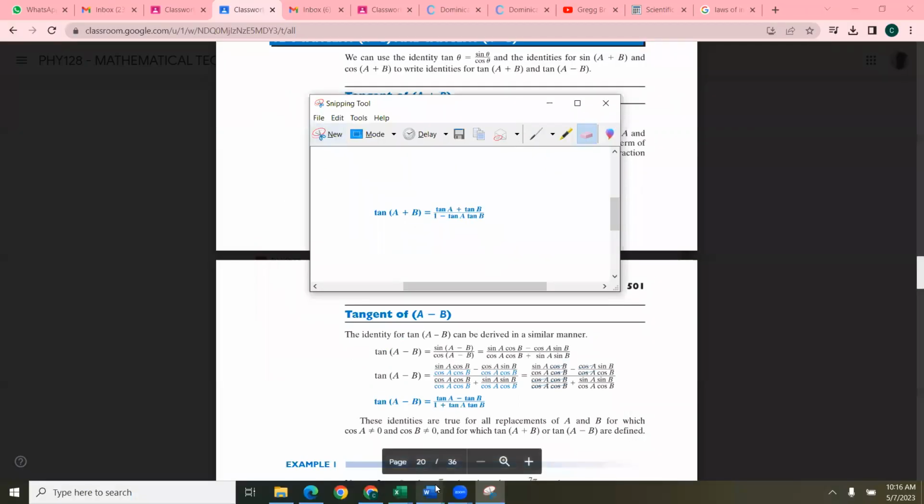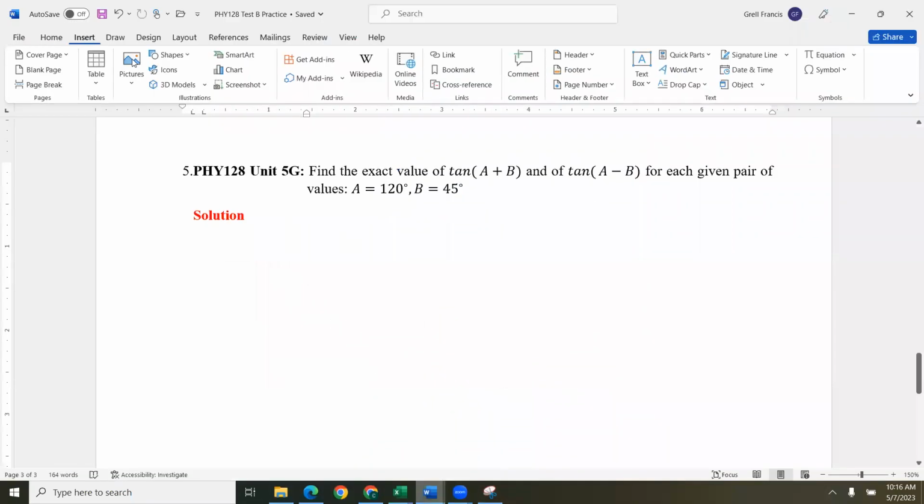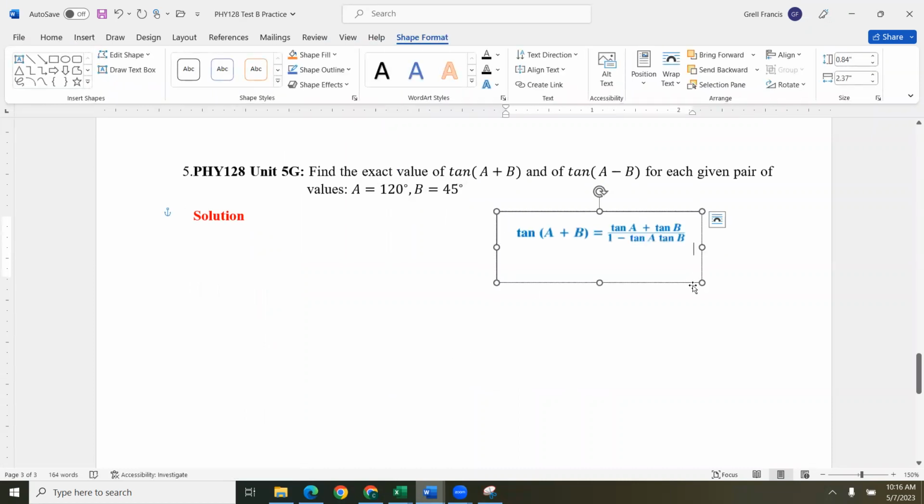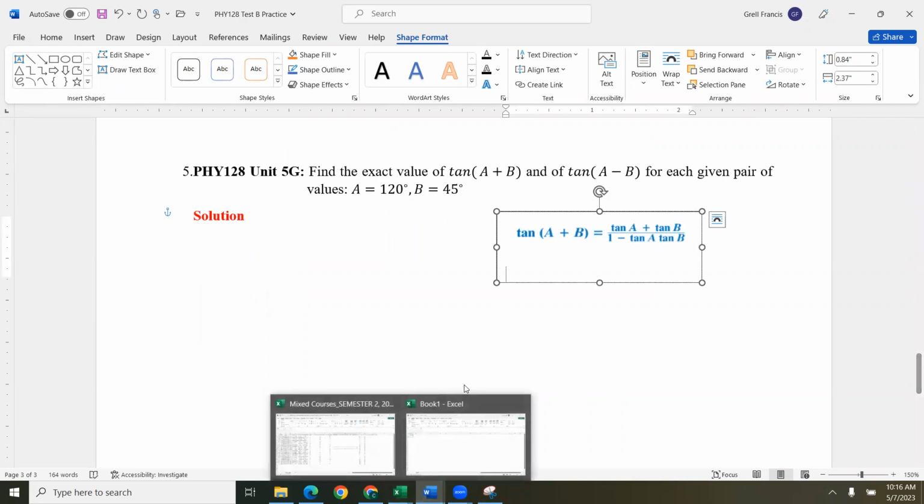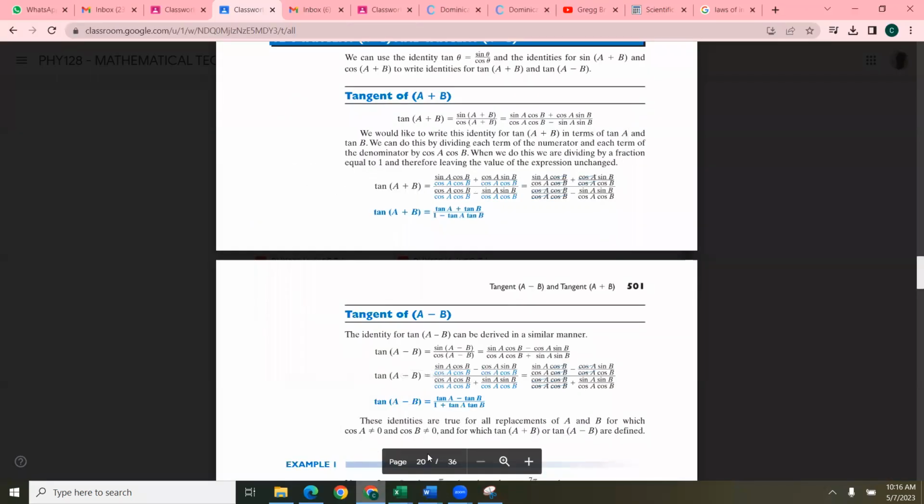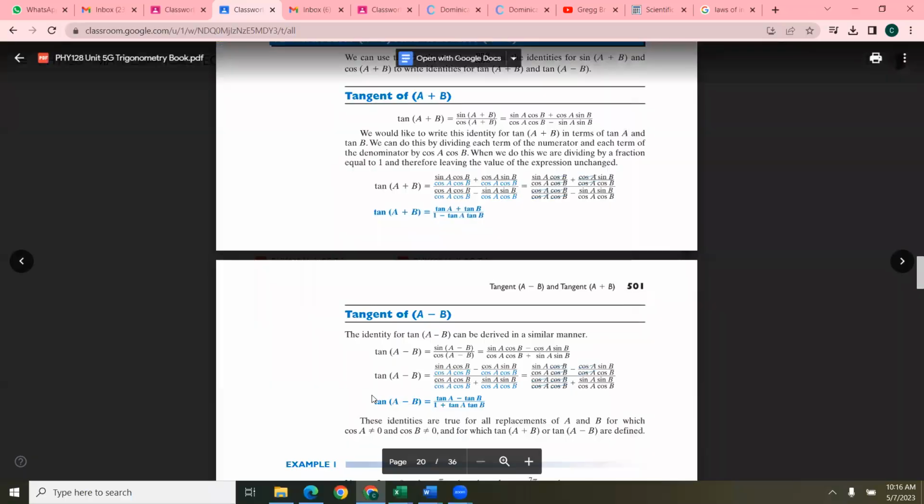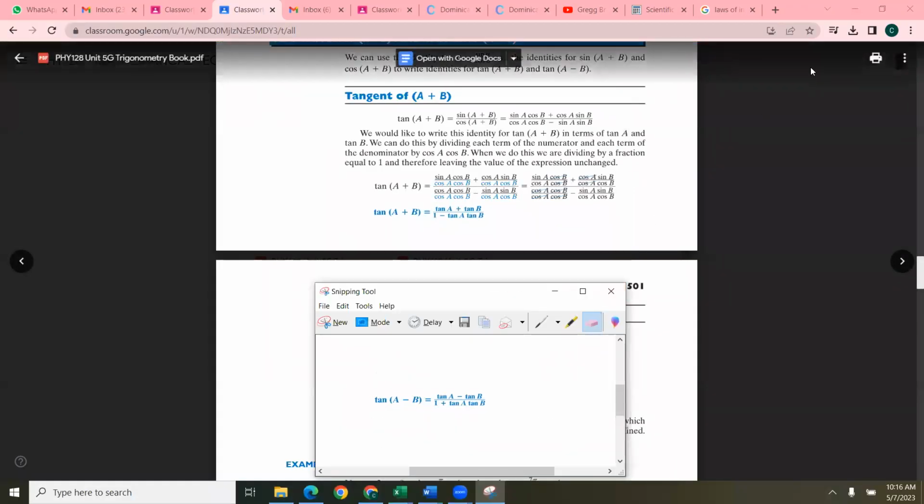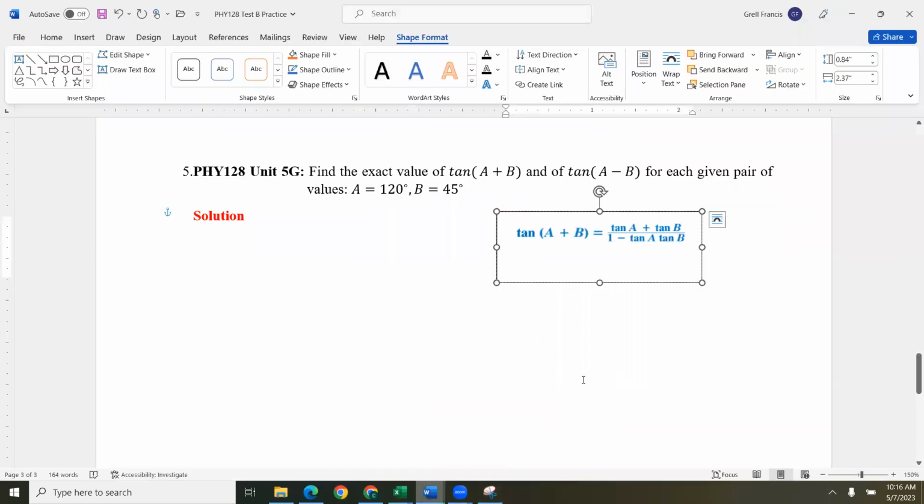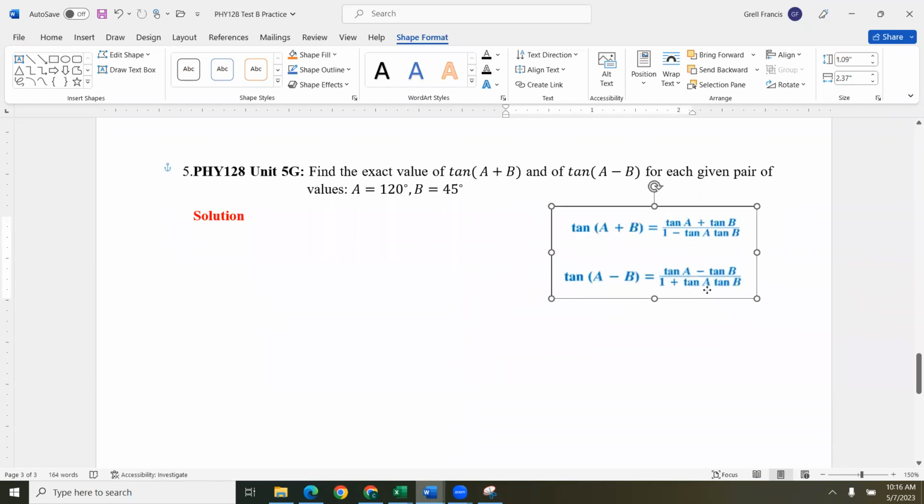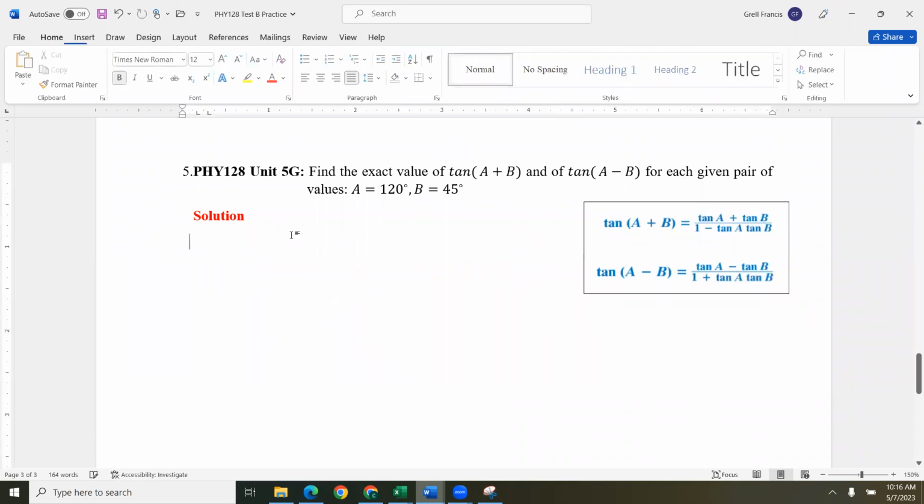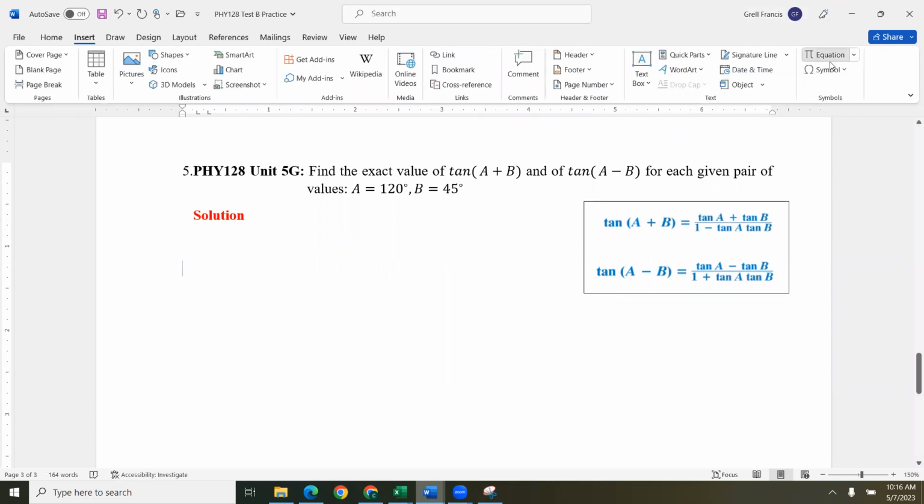Here we have tan of A plus B. And we are going now for tan of A minus B. Now tan of A plus B is equal to tan A plus tan B, okay? Over 1 minus tan A tan B. So therefore,